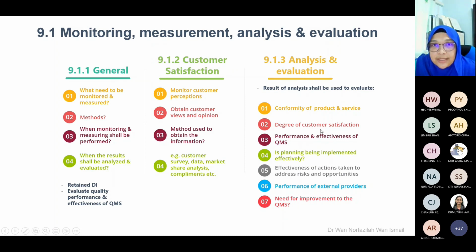Degree of customer satisfaction. Analyze your customer feedback. Whether from 200 customers, when you do the analysis of their feedback, and analyze the degree of customer satisfaction. Adakah daripada 200 orang tu, seorang je yang tak puas hati. So, calculate the percentage. 1/200. 200 minus 1 over 200 times 100%. So, what is the degree of customer satisfaction?